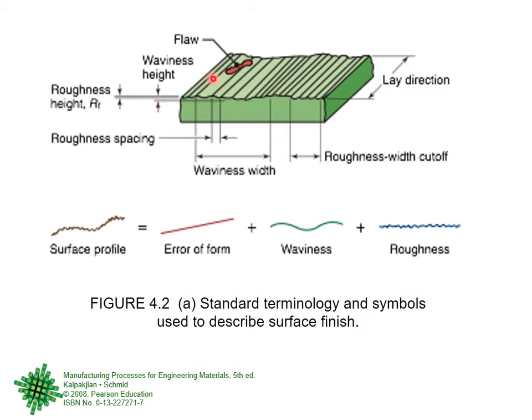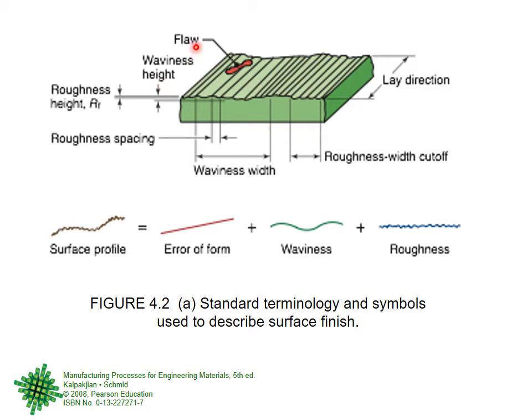If roughness is big, you can see waves on the surface, then it is called waviness, right? So roughness is normal roughness and waviness is large roughness. Roughness is on the surface, a very small size. But if the roughness is of large size, then you can see waves, like the waves on the surface of water. So it is now called waviness,